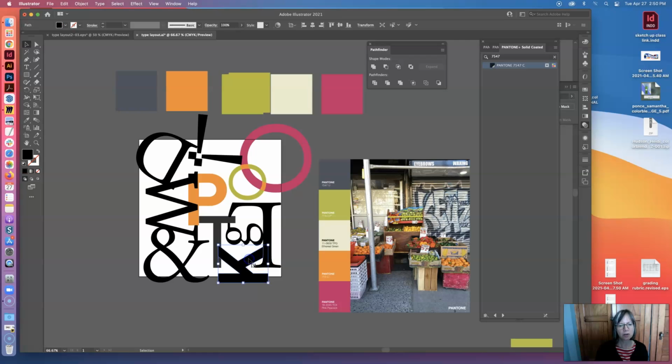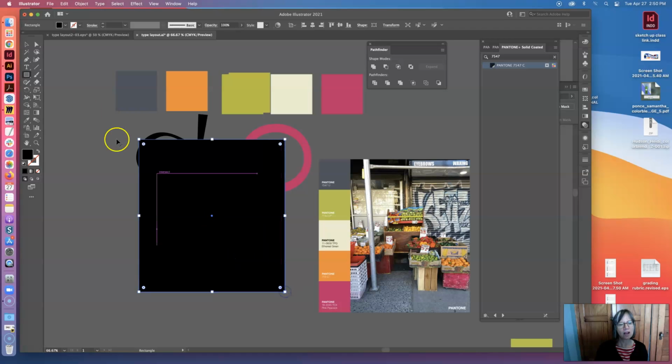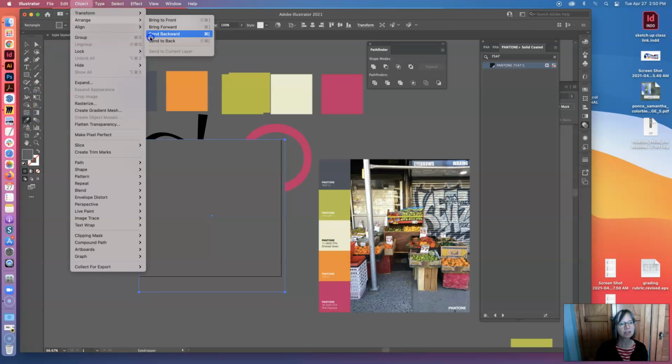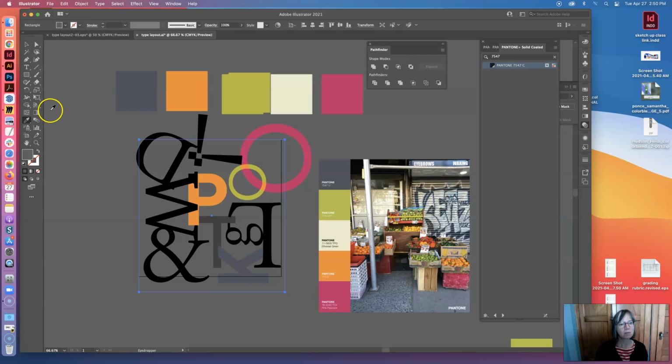Okay, so you'll just go through and pick these different colors to play with. One of the things that I was thinking I really wanted to play with were some of these negative spaces in here. So if I were to put this whole background in here and make it this gray, and Object, Arrange, Send to Back, this gray here, that can show me